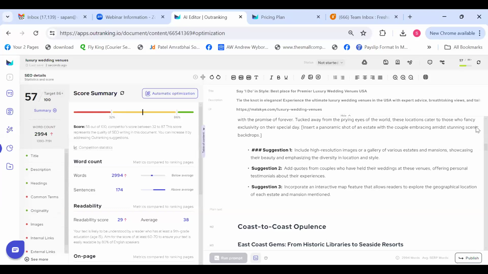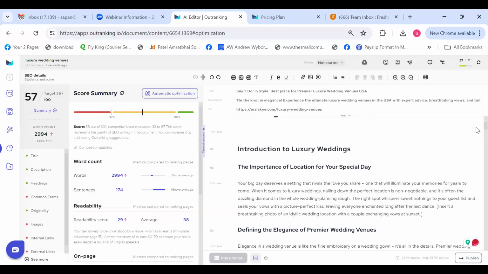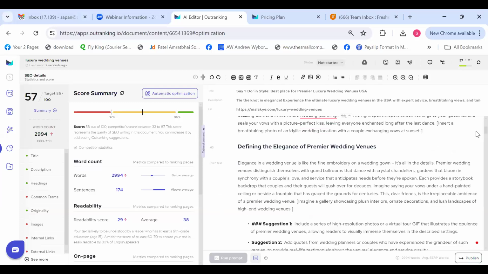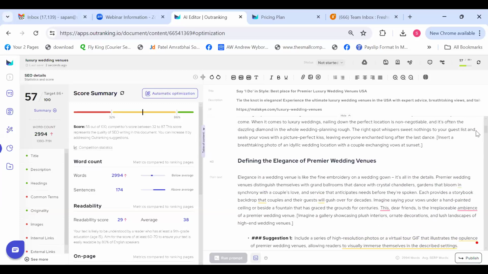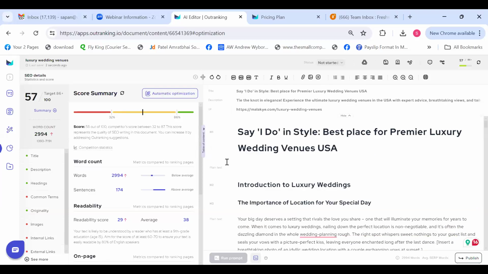Now, let's quickly look into the content that has been written here. Your big day deserves a setting that rivals the love you share, one that will illuminate your memories for years to come. When it comes to luxury weddings, nailing down the perfect location is non negotiable. It's often the dazzling diamond in the whole wedding planning rough. So it's writing in a manner as per our tone of writing, but you can be a little specific and different with your tone of writing, and that is going to give you some fantastic results. Now, when we are talking about